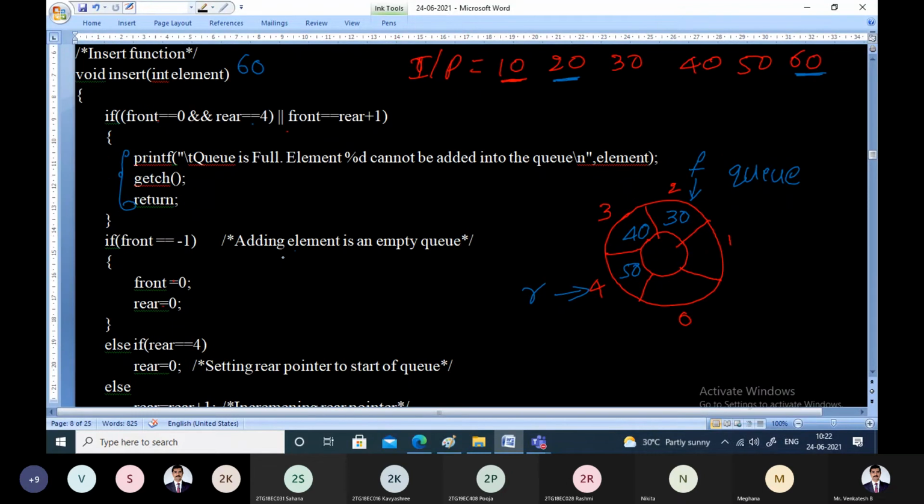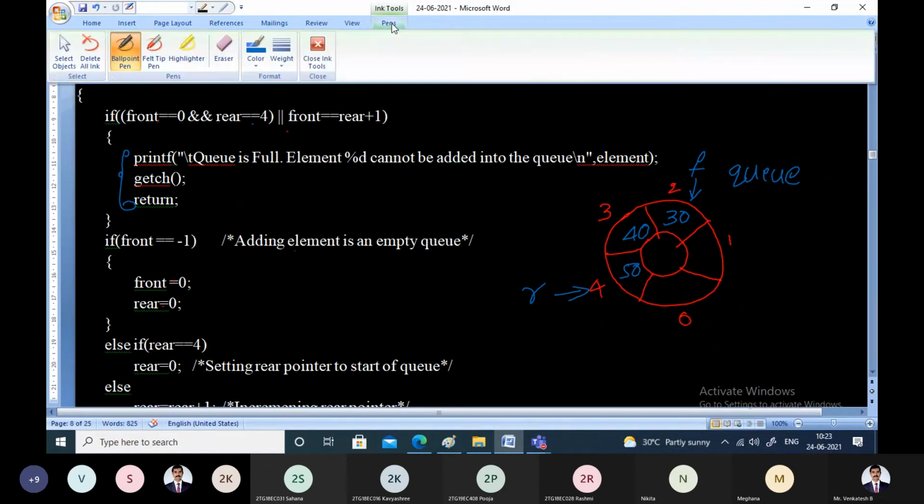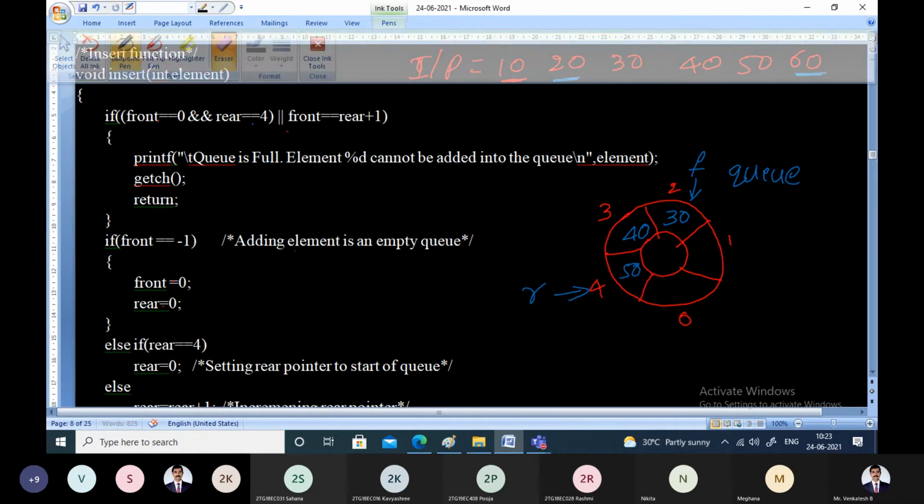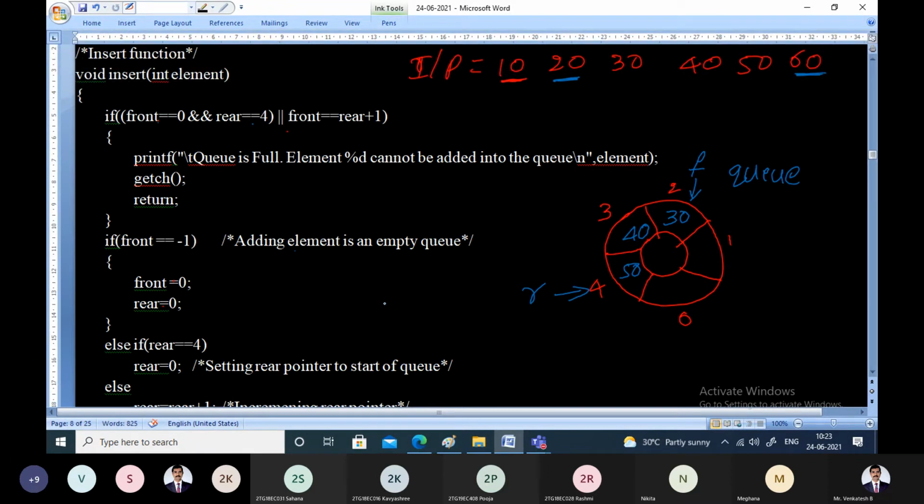So remember, now I'm coming back again to the insert function. We have inserted 5 elements and we have deleted 2 elements by following the delete function, and now we are coming back again to the insert function. So let us take the element 60 now. Let us try to insert element 60. Now check this condition. If it is a linear queue, we cannot insert, but it is a circular queue. There are 2 spaces available. We can use this space and we can insert the element.